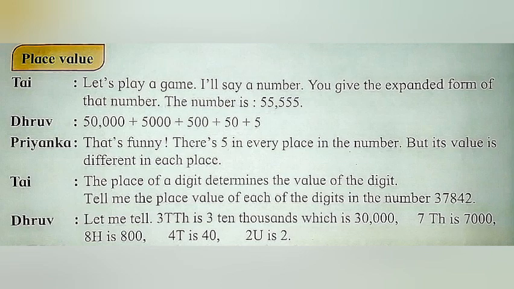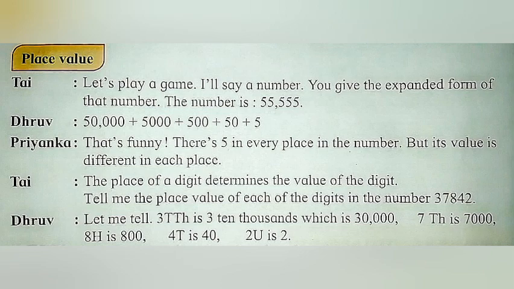Tai, let's play a game. I'll say a number, you give the expanded form of that number. Your number is 55,555. Dhruv: 50,000 plus 5,000 plus 500 plus 50 plus 5. Priyanka: That's funny. There's 5 in every place in the number, but its value is different in each place. The place of a digit determines the value of the digit. Tell me the place value of each of the digits in the number